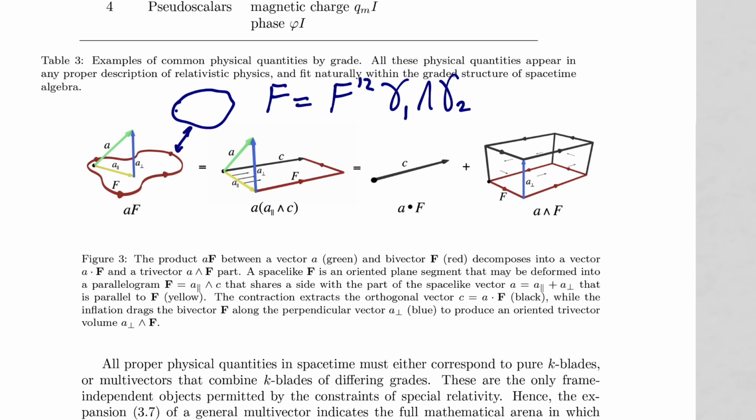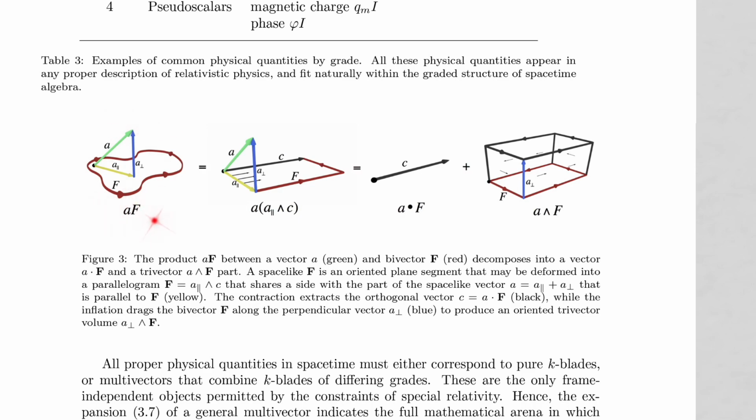Every bivector in the Clifford algebra can be made into the sum of 2 simple ones. Even if you write down F mu nu gamma mu wedge gamma nu, no matter how many F mu nu components are not 0, ultimately you can rewrite this as the sum of just 2 bivectors. Anyway, that aside,